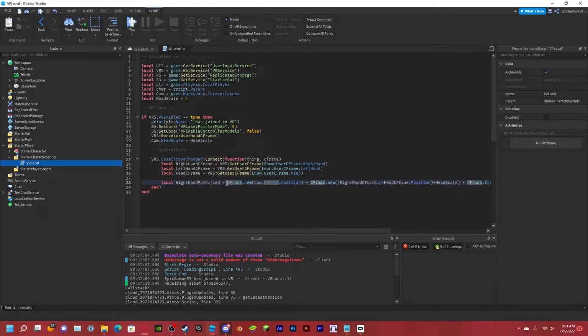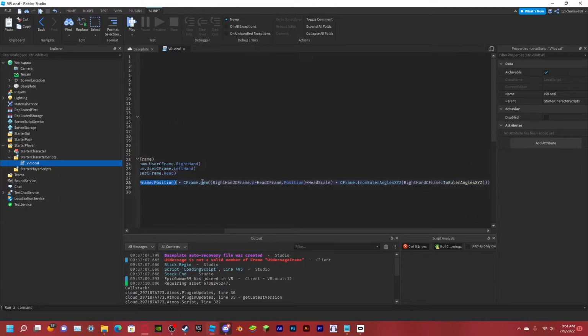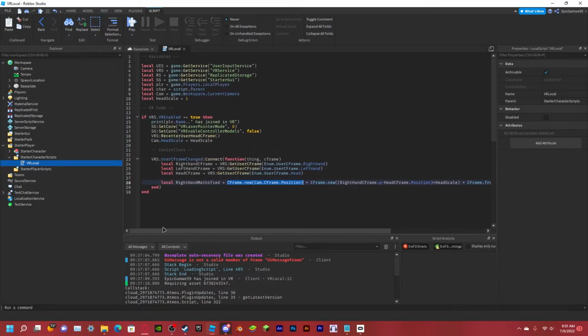So it takes the camera position and then multiplies that by the right hand's position minus the head's position, which is the same as the camera position, hopefully. And that's going to multiply it by HeadScale, and then multiplied, it just gives it orientation as well. I know what this does. I can't really explain how, but what it does is it makes sure that the